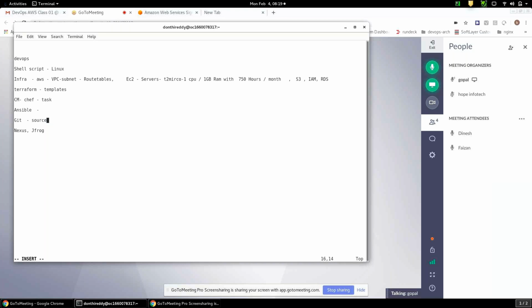Git. Once we are done, we use Jenkins, a CI and CD tool. With the help of CI, we use something called Maven, or Ant or Gradle, the build tools. We use the build tools and we convert the source code into binary code, which we call artifacts in a real-time scenario. These artifacts are stored into Nexus or JFrog or S3.